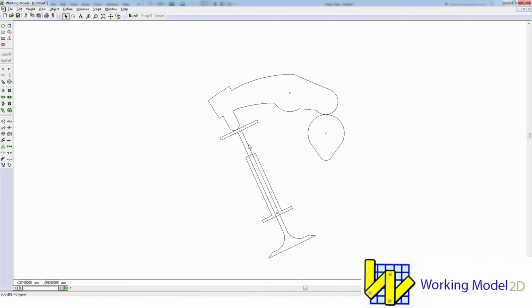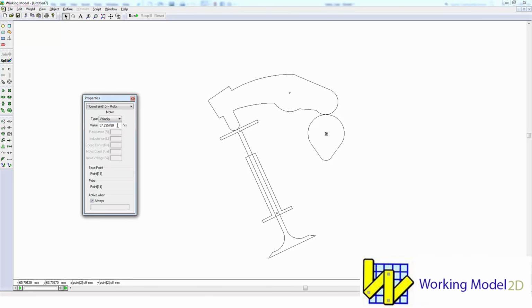Now right now this model is not constrained by anything, so if we ran the simulation it would simply fall with gravity. So we'll get started by adding our constraints in here, and I'll just click on the motor tool, and then I'll hover the mouse over that snap point and I'll click, and now we have a motor defined for that. While we're here, let's go ahead and modify the properties for that motor. By default, it's turning at the speed here. Let's change it to 360 degrees per second.